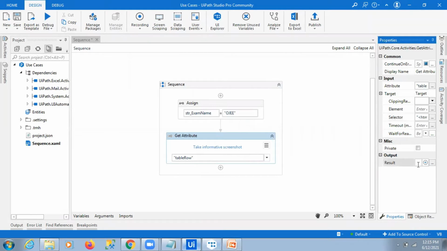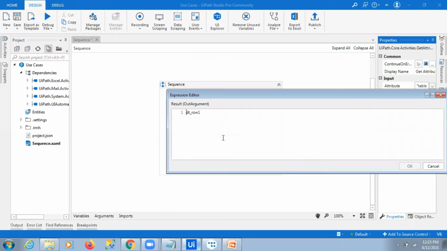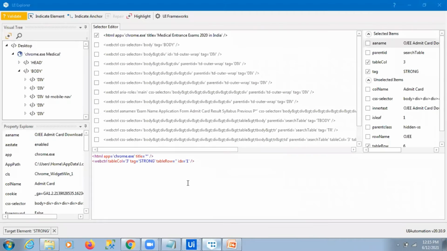The output of that get attribute activity is a variable, and I pass this variable over here. So in future, if the table name of that admit card changes, it can easily click that particular element.